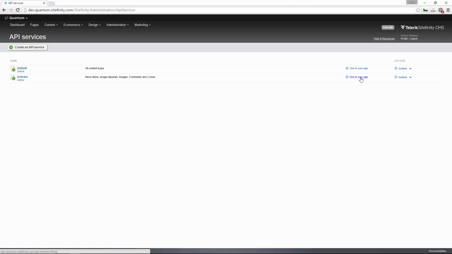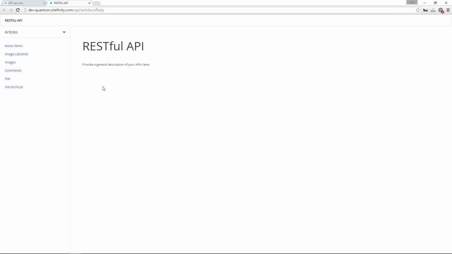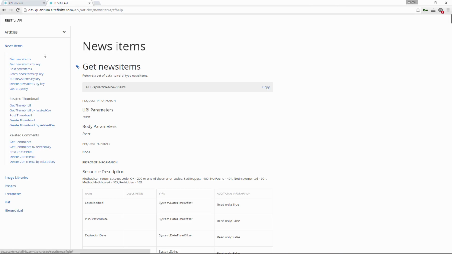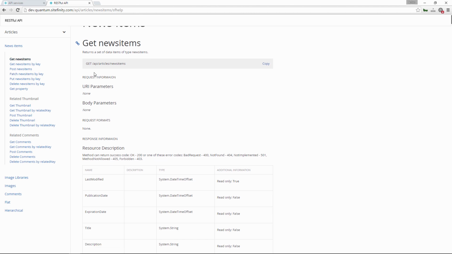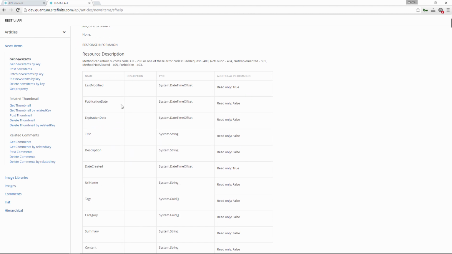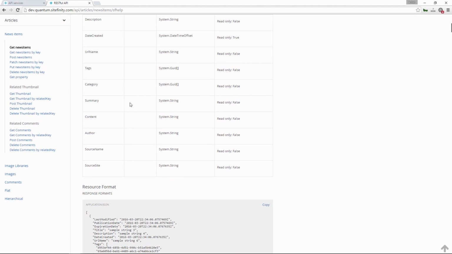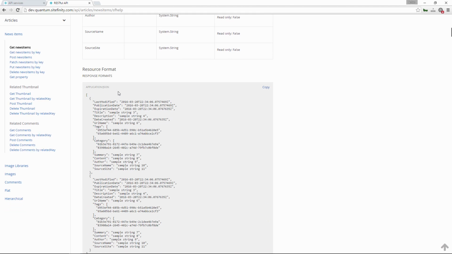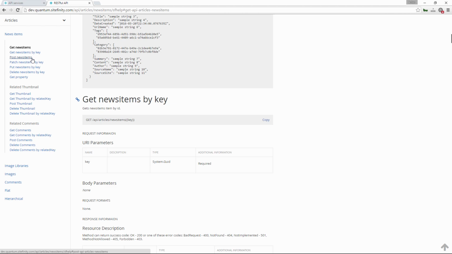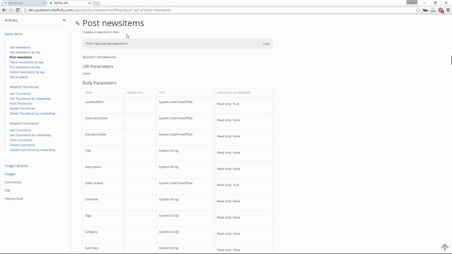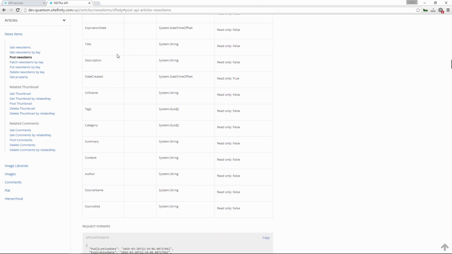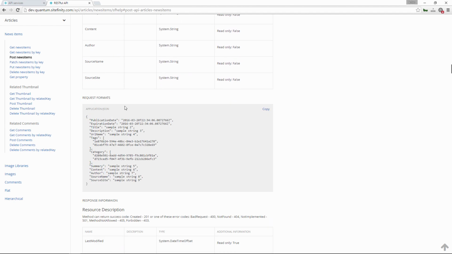And if I click here, using your application, here is the documentation for this API. And what we see is this is how we can get all the news items here. And then at the bottom, we can see the different fields for the API, different formats of the resource that this is in, JSON format according to OData. Here we can see how we can use the post method to create news articles through the API, and here is a sample of how to do it.